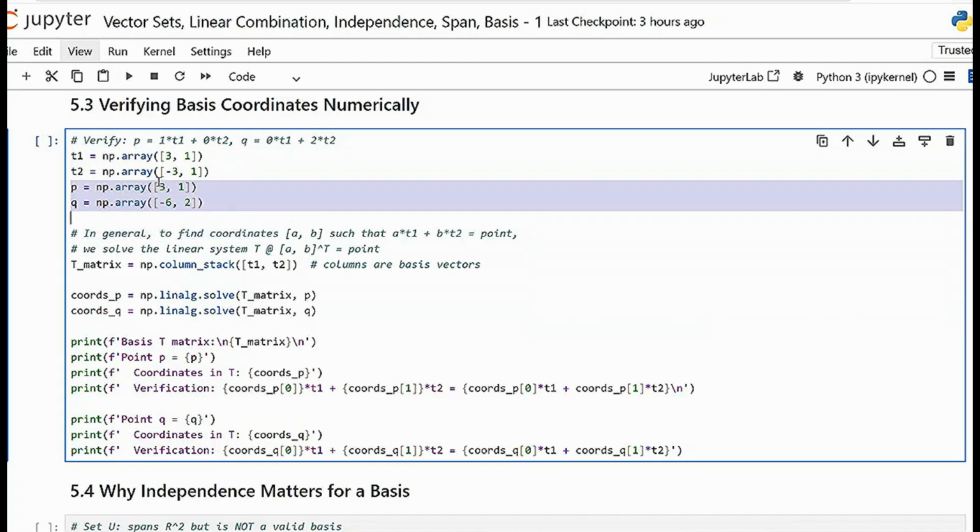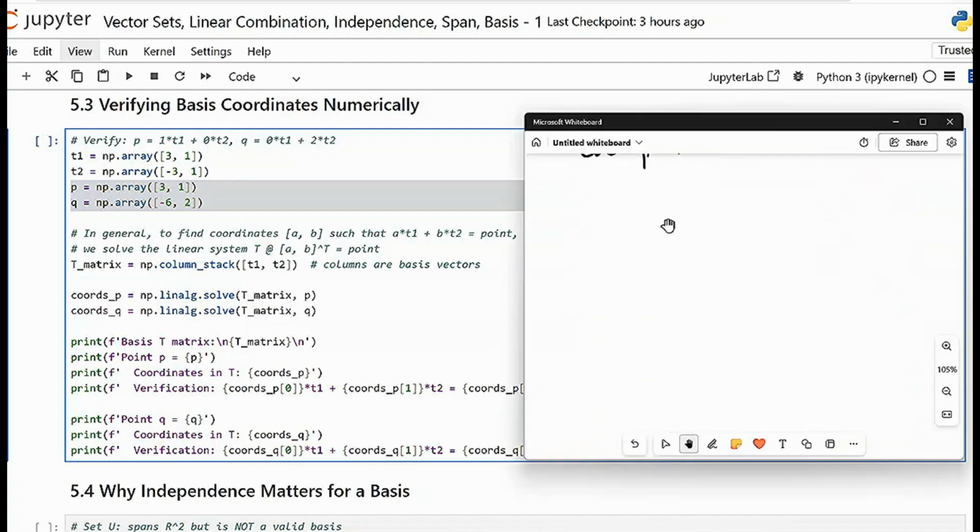Yes, of course, P is (3, 1). Here Q is (-6, 2). So this defines two points in standard coordinates. And dear friends, next we have to find the scalars a, b such that, just observe this exact point,